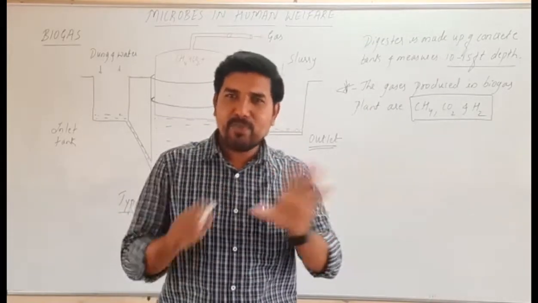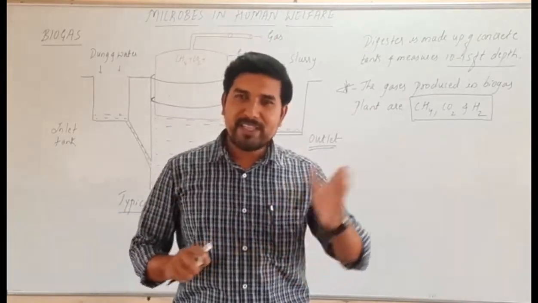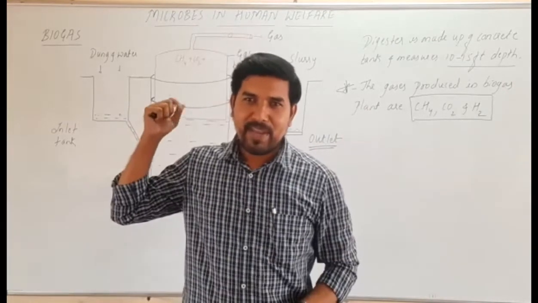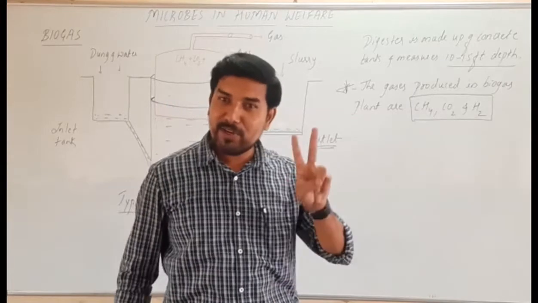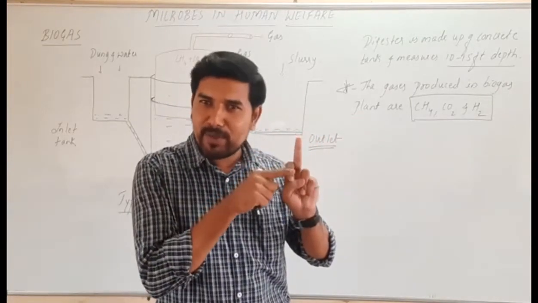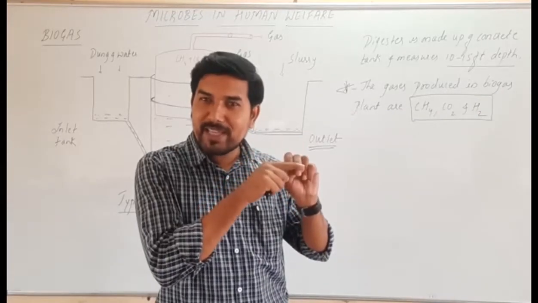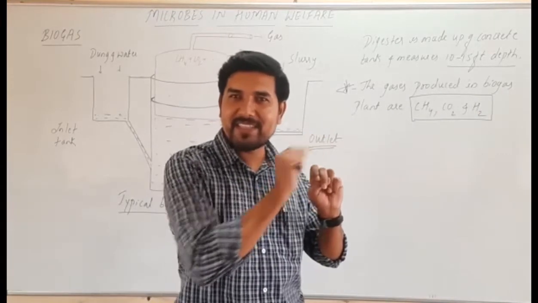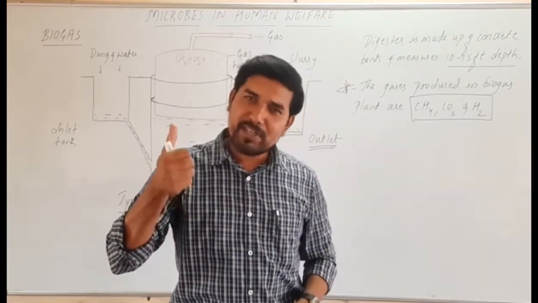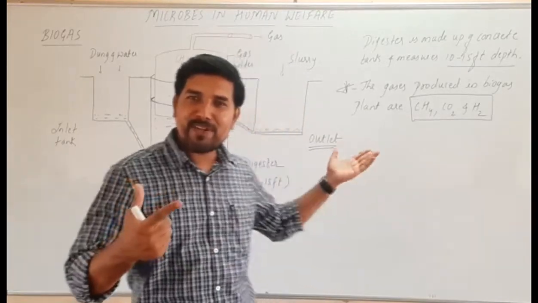Regarding the STP, we are comparing these two. In the sewage treatment plant, there is again dual benefit. In the biogas, again there is dual benefit. Then what is the dual benefit of STP? First benefit is we are reducing water pollution. Second benefit is we are producing biogas in sewage plants. In this biogas, first one we are producing biogas, second one manure is produced.